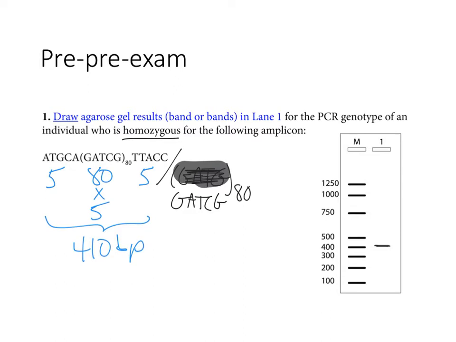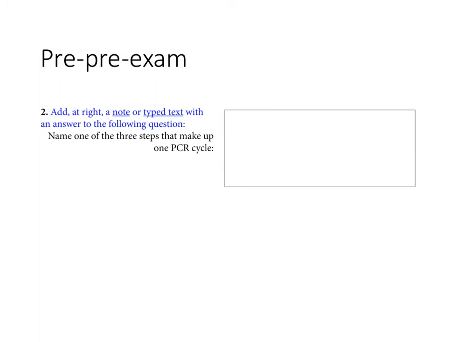So agarose gel electrophoresis without the PCR part. I'm just giving you, here's the piece of DNA. What does it look like when you electrophorese it on an agarose gel? This should look pretty familiar, since I just asked it again. Denature, anneal, and extend. Those are the 3